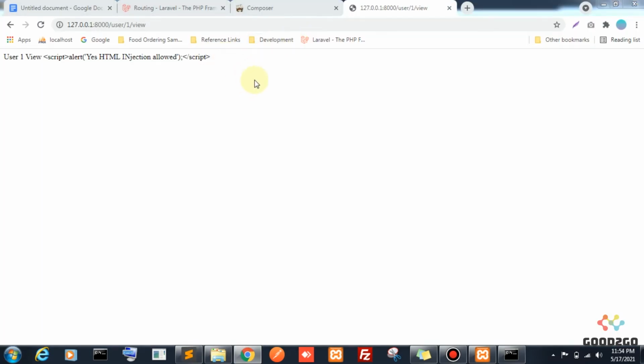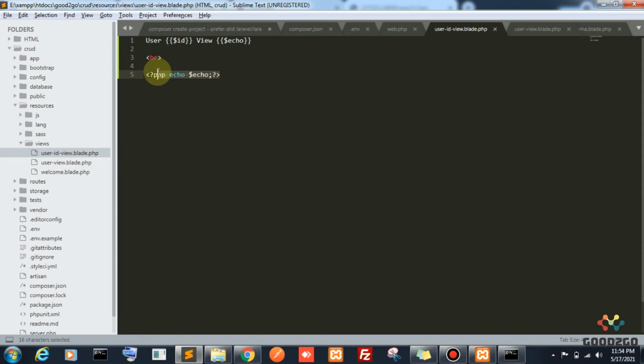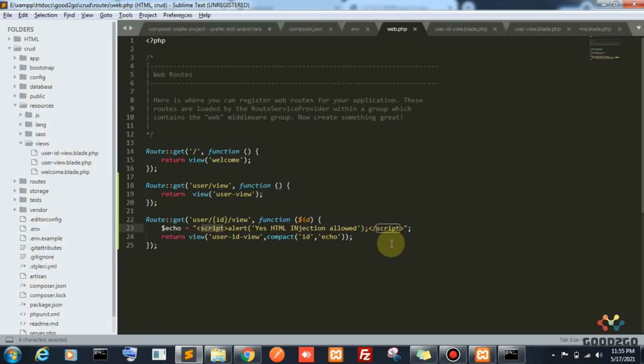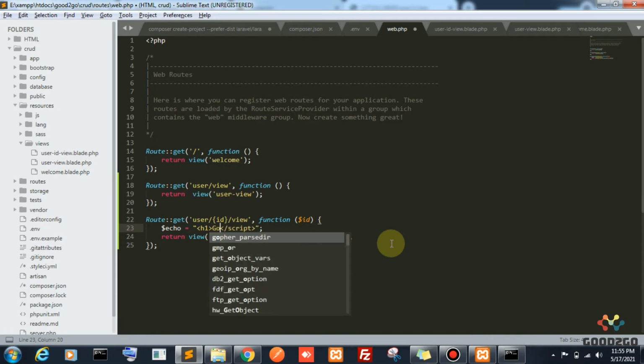See, so avoid using PHP echo inside the pages like this. You can use PHP without echo. We can't use it without PHP, but echo is an HTML injection allowed method. You need to be on the safer side. You need to build a secure application, so just avoid PHP echo. If you know this variable will hold only strings, then you can use the echo. Fine. I need to show somewhere like this. I want to give a name in this variable.